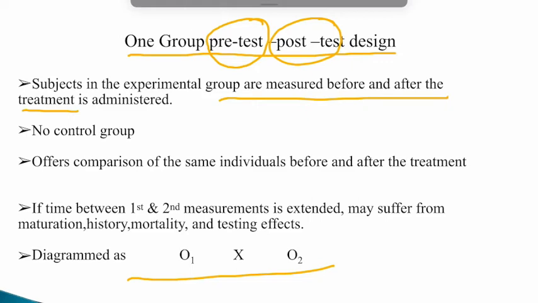But when we go for the comparison, sometimes there is a time difference, or some other changes may occur. Sometimes the elements we are considering in our research may drop out. So definitely this particular design may suffer from maturation, mortality, testing effects, and history. However, it is good enough to go for this pre-test, post-test, and usually we go for this kind of test where we have two sets of observations to consider. One thing to note in this is that there is no control group. So we have the experimental group, and we have the observations of the experimental group before the treatment and after the treatment.